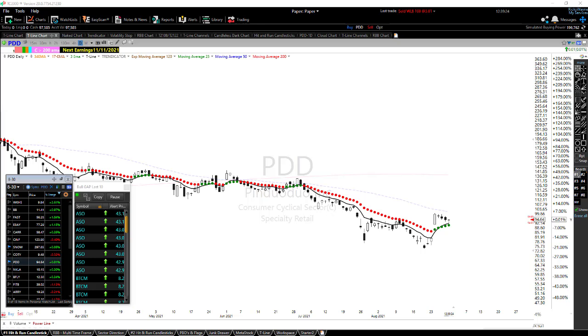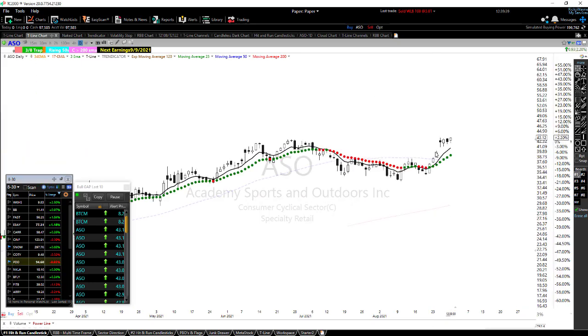Can't believe all the hoops you got to go through to get into your account. There we go. So anyway, this is coming up on the scanner, and it's one that I've been kind of stalking. In my mind, I have it as a stalking one. SCO is another one that I'm stalking a little bit.